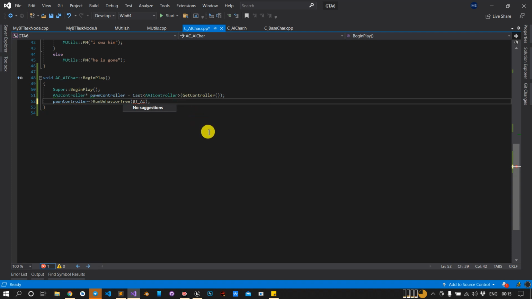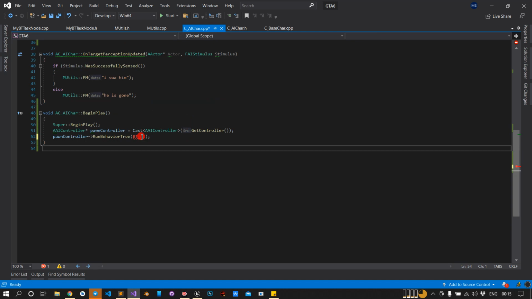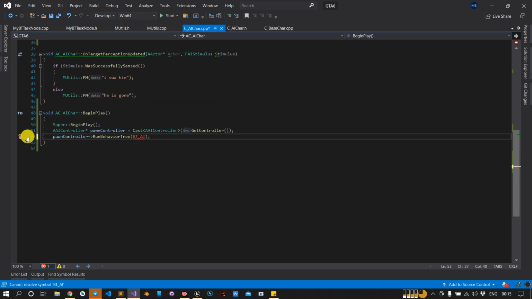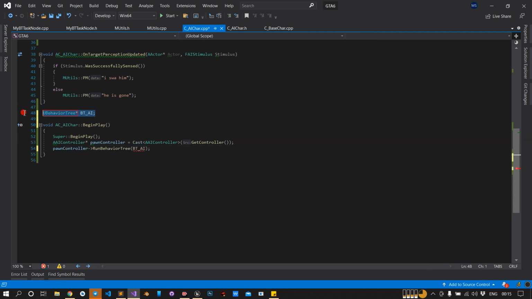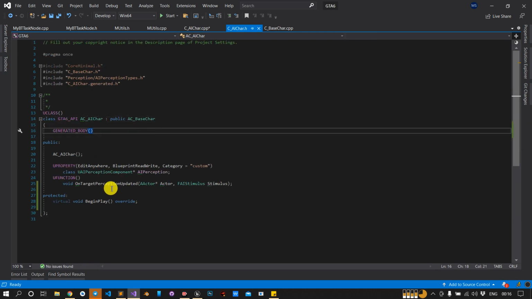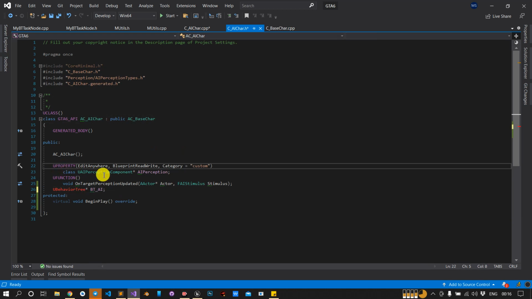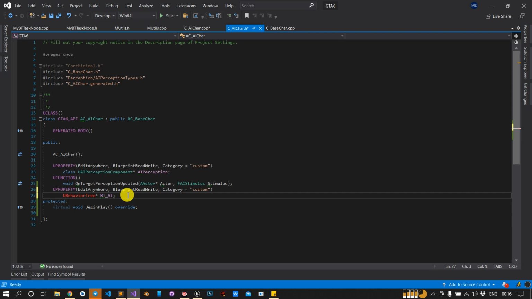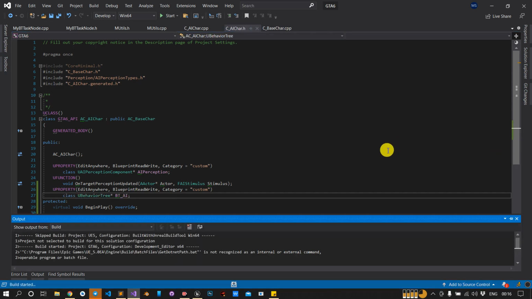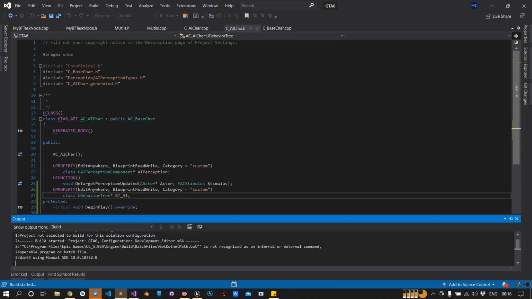I don't have its definition, so I will create a variable in our public class with UPROPERTY, class BehaviorTree. Control Shift B to compile this.